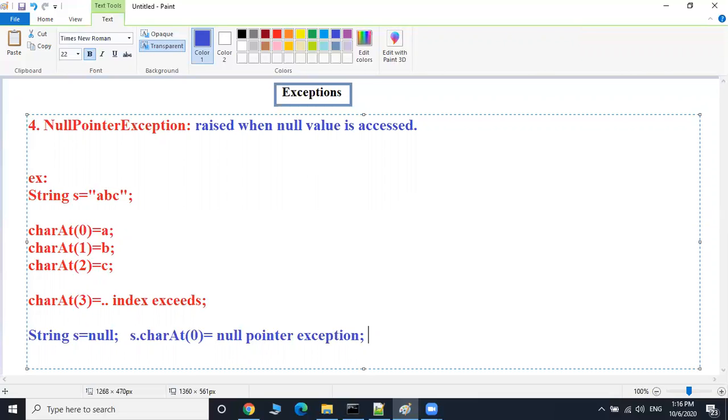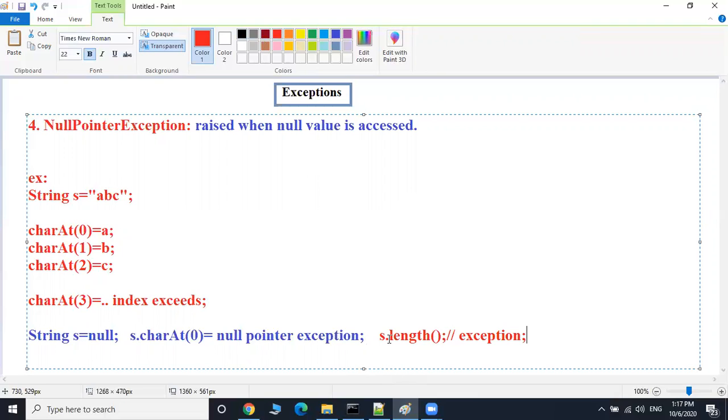For example, here I am trying to find out the length of the string, s dot length. What is the length of s? This is an exception because there is no value in the string s. The default value is null, but I am trying to access the null value here.